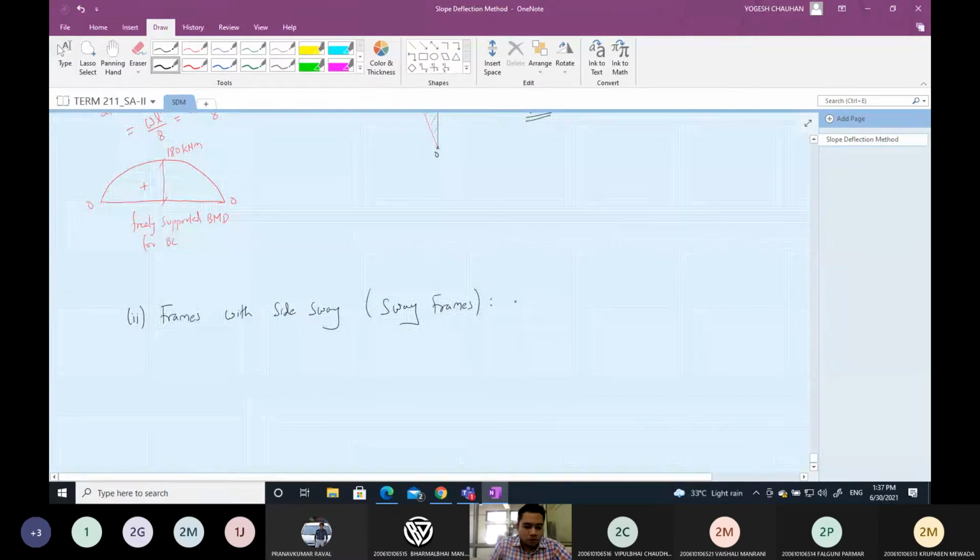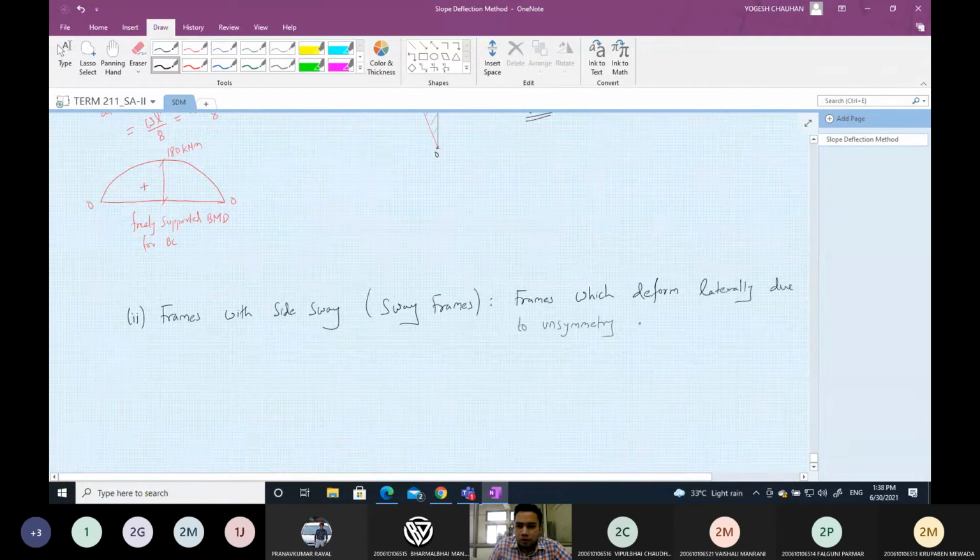So these are the frames which deform laterally due to unsymmetry, either